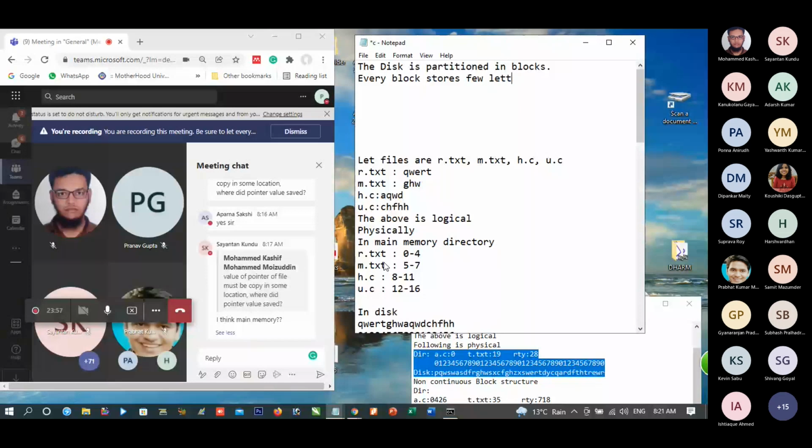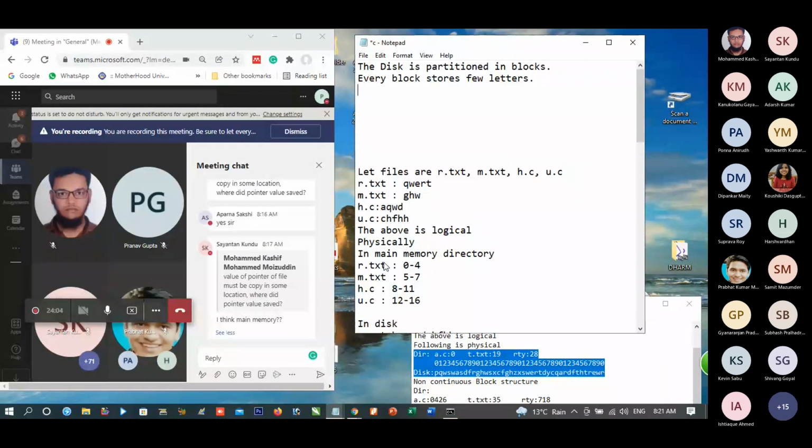Is it correct? Now, the block addresses are stored in the directory. This is called indexed allocation. Block addresses are stored in the directory.